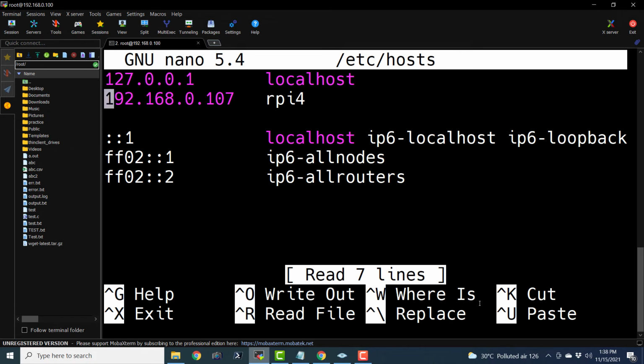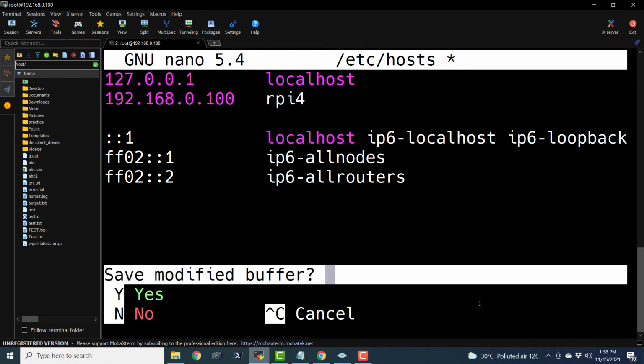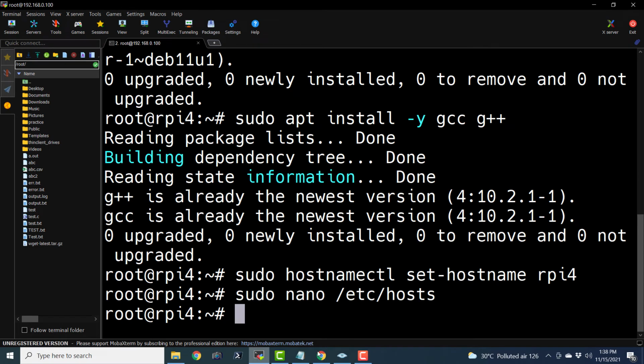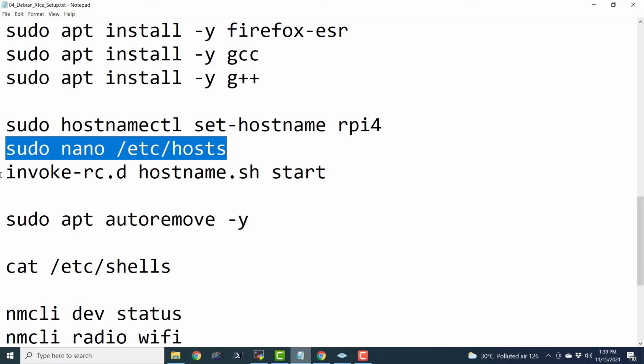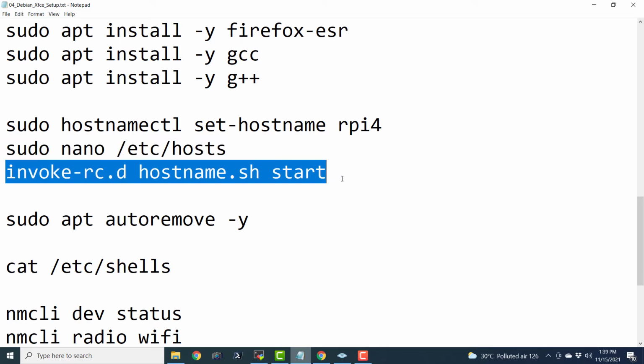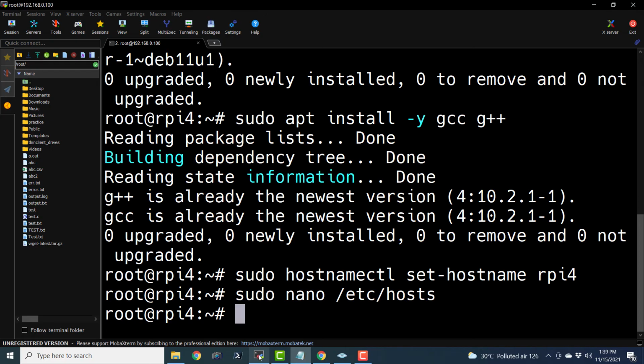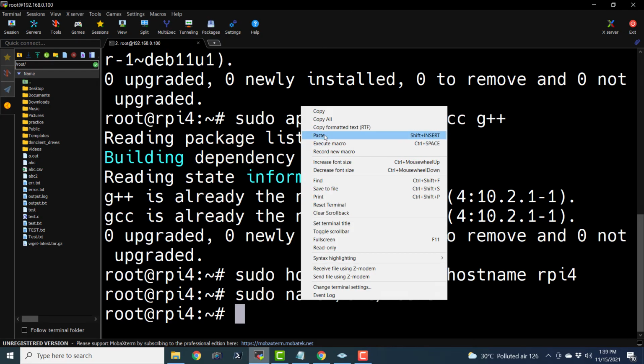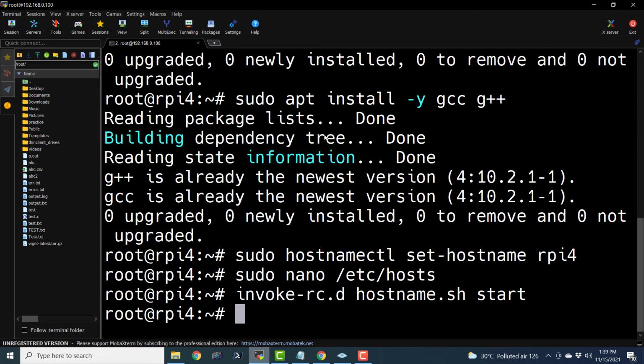Here we have to set it to RPI4. So here let me correct the IP address and Control X, Y, enter. And let us restart the hostname utility. So invoke-rc.d hostname.sh start. And let me hit enter. So it has restarted the hostname daemon.